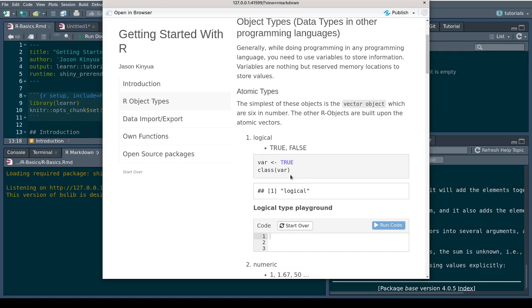This is how you do it. We don't have variables here. When you are assigning an object, you just start with the object name and then the assignment. For instance, we can have FALSE. Okay, we can do something practical here.